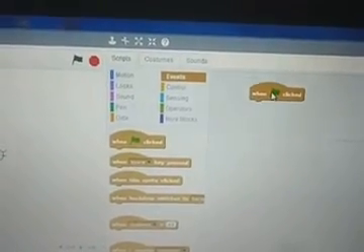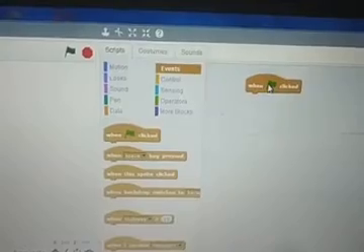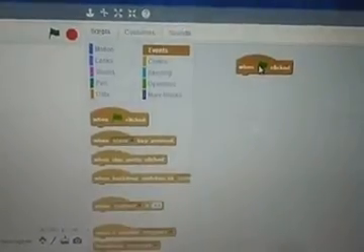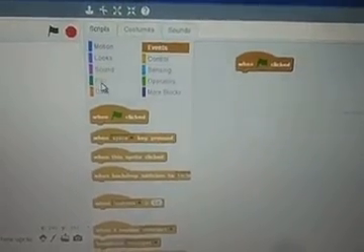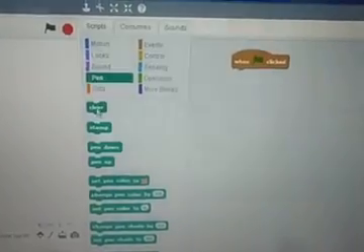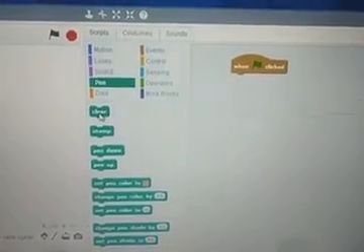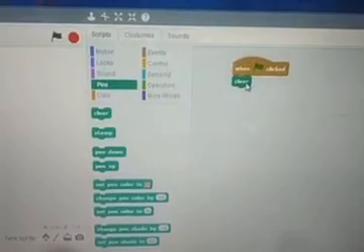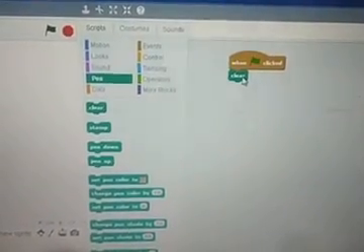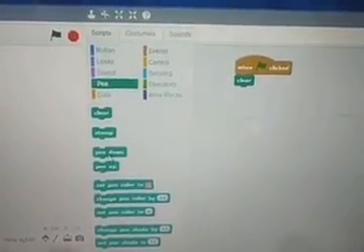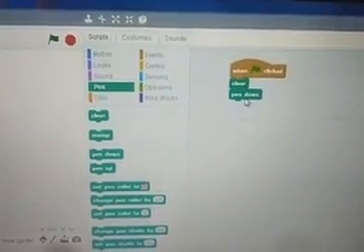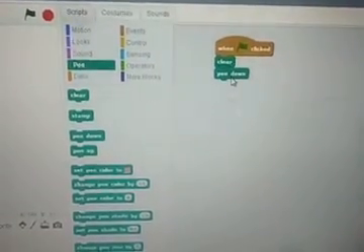Here we are going to draw a pentagon with the help of some code, as we can see in the books as well. See the color green, so you click on Pen, and from Pen, choose Clear All. Clear means whatever is on the stage, the sprites' drawings will also be cleared. Click and it will drag down automatically. Then Pen Down, the second one, click and drag it. First you will do the same coding, and after that we will do our own coding.